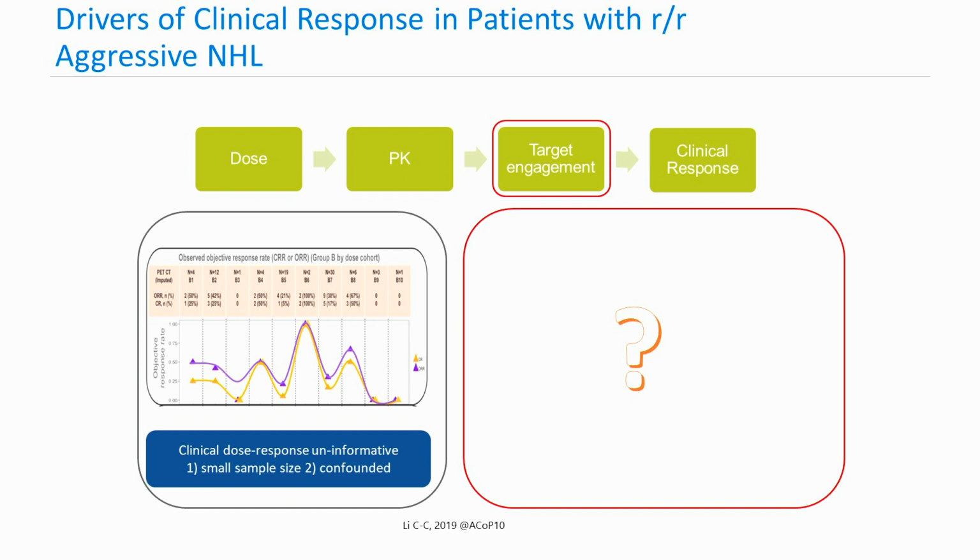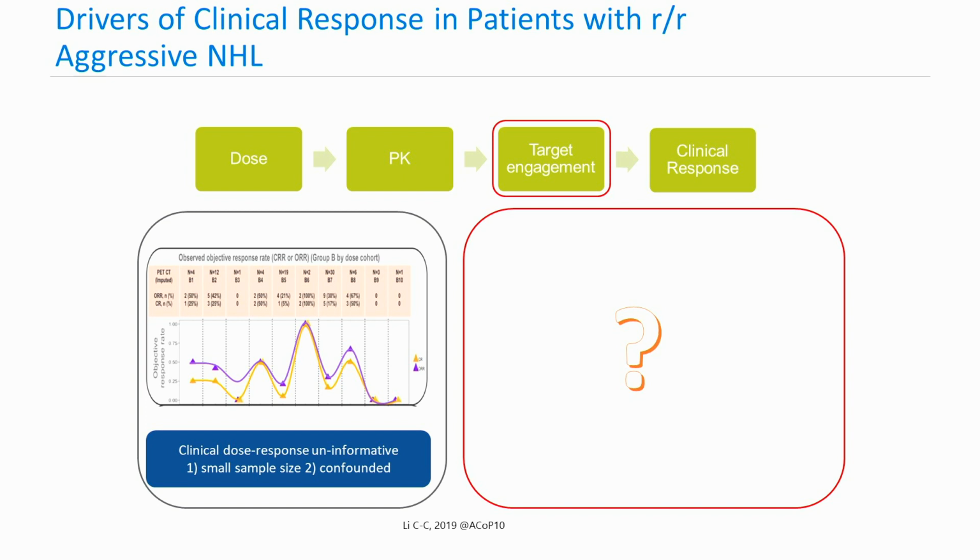Now, switching gear to efficacy. When we first looked at the clinical dose response in patients with aggressive NHL, we were very puzzled. Here I'm plotting the complete response rate in orange and the overall response rate in purple, summarized across dose levels. Despite having a robust 500-fold dose ranging in the clinic, it's apparent that there was no dose response. And the usual caveats of small sample size alone doesn't fully explain it, as even with further analysis pooled across dose groups using PK, it still indicated no obvious dose response.